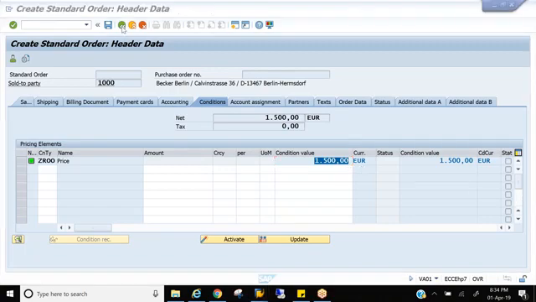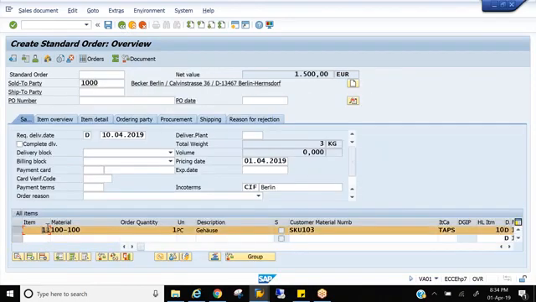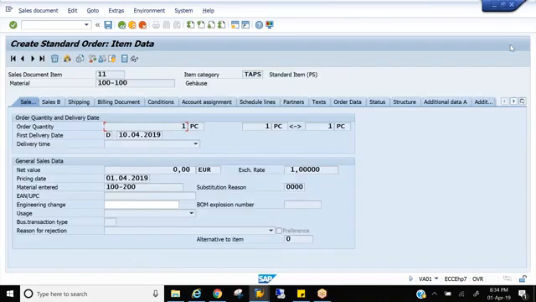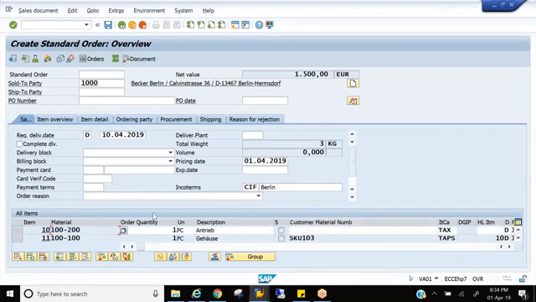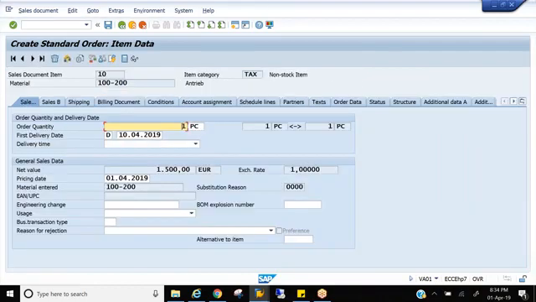At the item level also, let us check. Go to the item level and double click. Okay, just a moment. The system has taken a material determination. Our material should be 100 200, right? Select this and double click, and conditions.